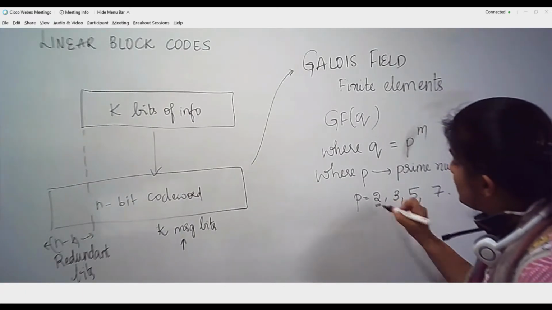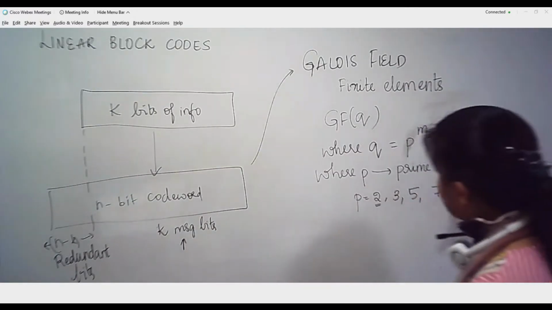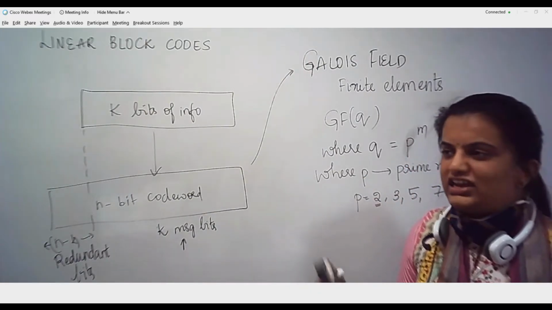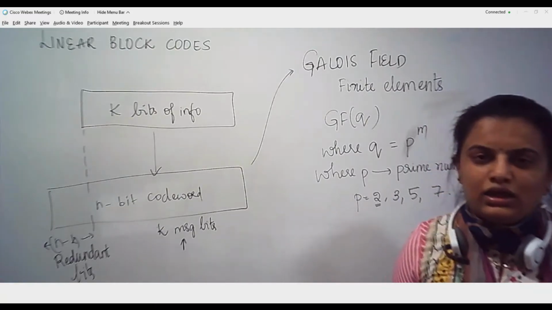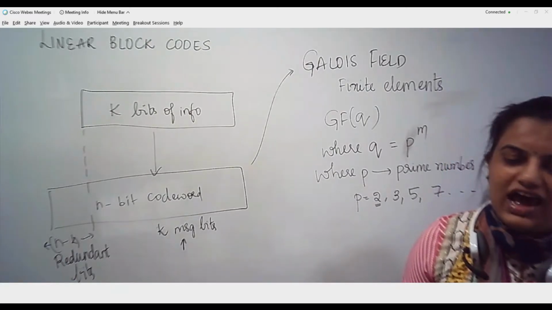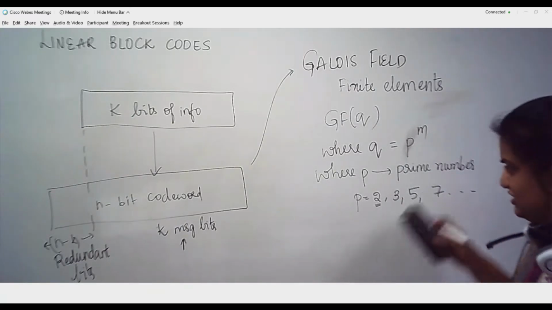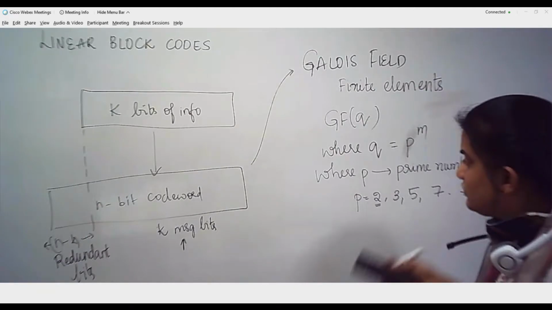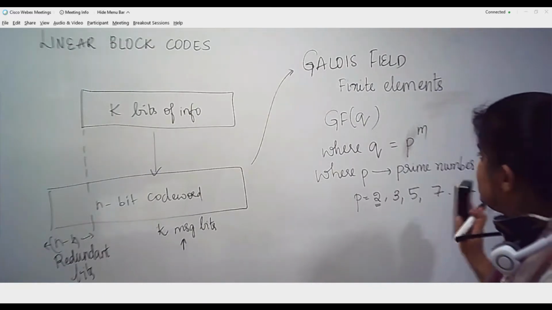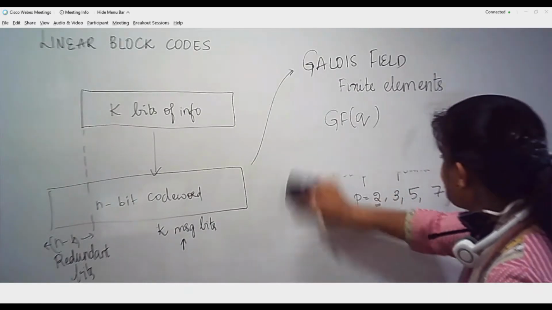But in most cases we will consider P equal to 2. Why? Because we are not interested in ternary code or quaternary code or any other codes. Rather we are only interested in binary, because it is easier to deal with ones and zeros with the electronic circuitry that we have been designing for all these years. A digital circuit works with only two voltage levels, 0 and 1. So we are only interested in P being equal to 2.